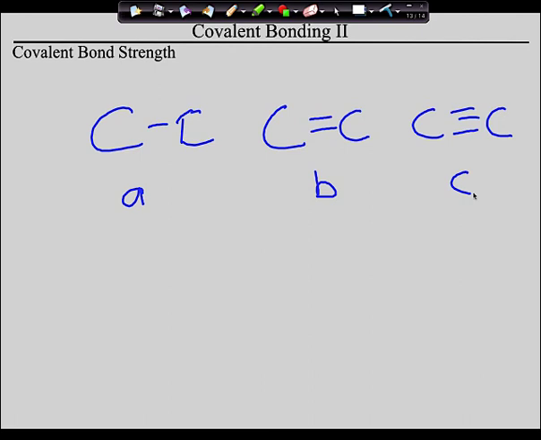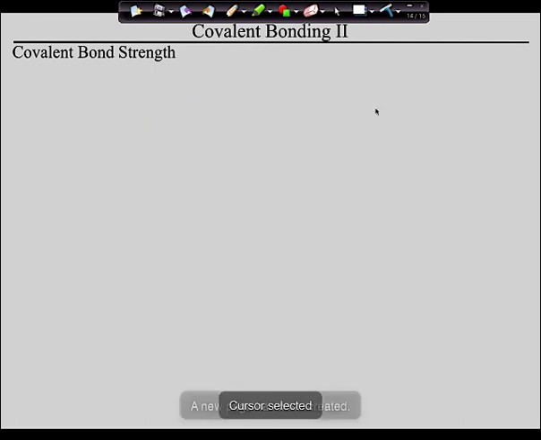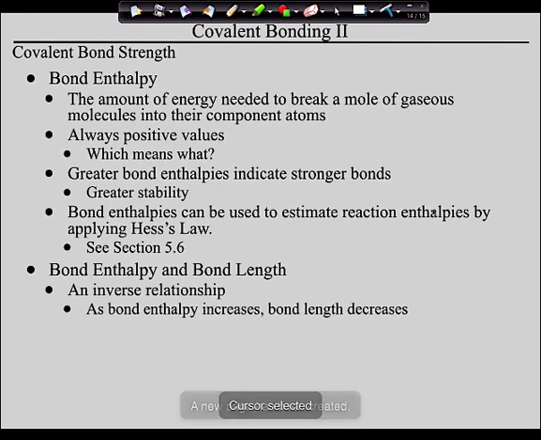There's a whole section in your book that talks about what are called bond enthalpies, which, as you would guess, is the amount of energy necessary to break a bond, in the same way that lattice energy is the amount of energy needed to break the lattice. The stronger the bond, the harder it is to break, therefore the stronger and shorter it is, and the strong, short ones are the triple bonds. That is all of this in a nutshell.